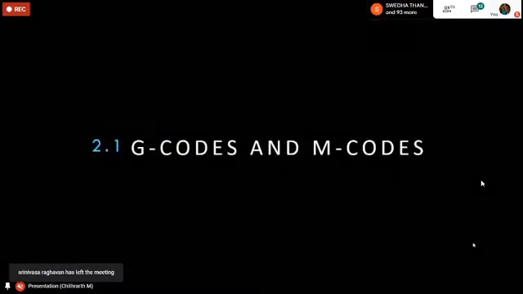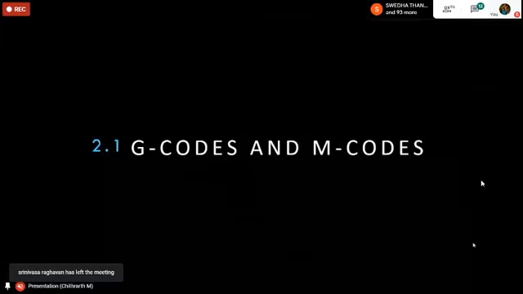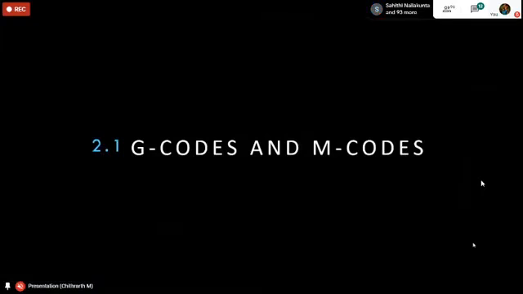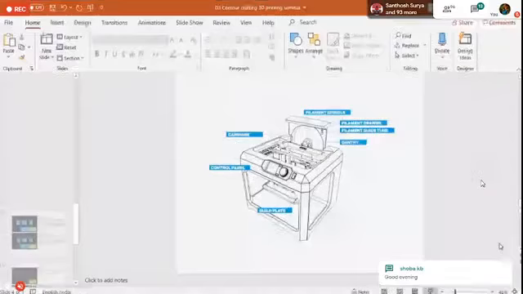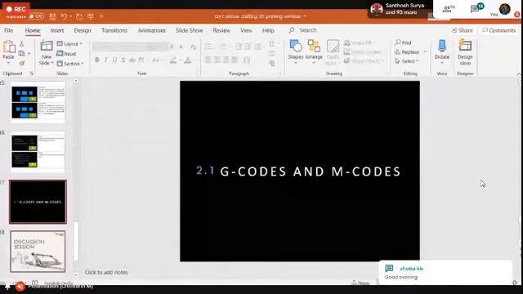Now let's take a look into the G codes and M codes. Yesterday we sliced. Now that you have seen the mission's user interface, let me explain the G codes and M codes, and how this mission interprets the G codes or M codes which we created yesterday for the walls. Basically, we use the slicing software Cura for generating the G codes and M codes, right? So let me quickly switch back.